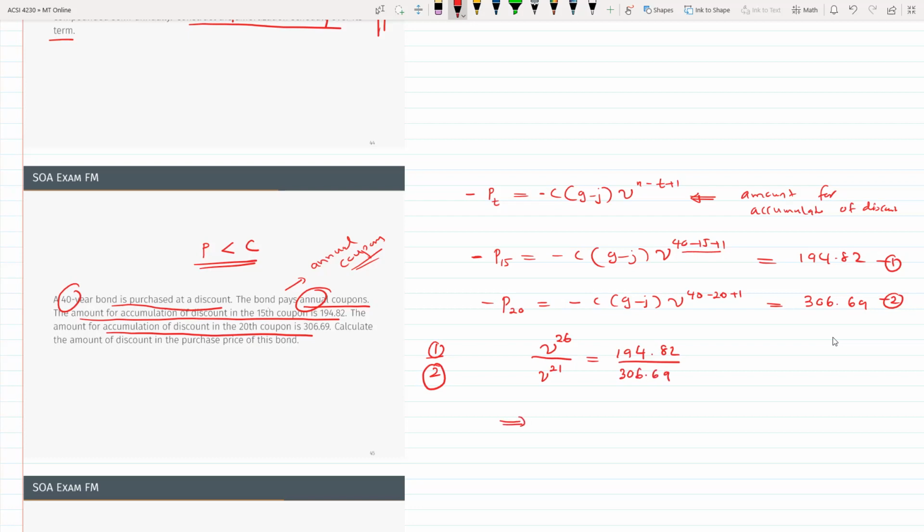So that would give us V5 equals S. Here's our calculator, 194.82 divided by 306.69. So I would get